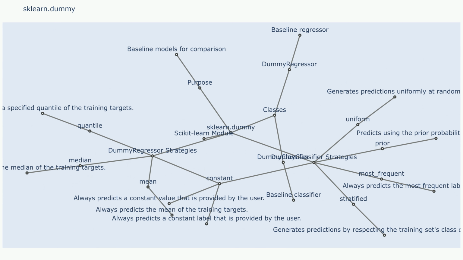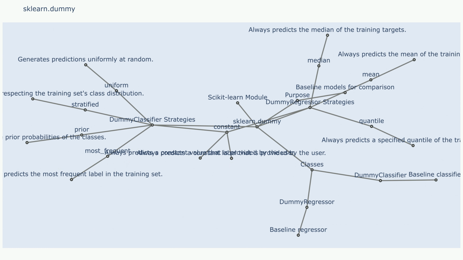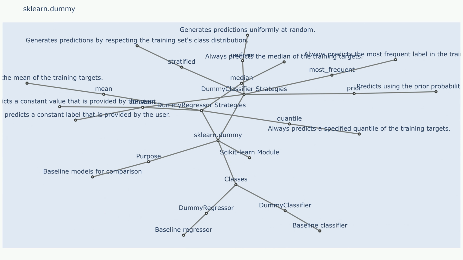# Create a dummy classifier that predicts the most frequent class. dummy_clf = DummyClassifier(strategy='most_frequent'). dummy_clf.fit(X_train, y_train). # Predict on the test set. y_pred = dummy_clf.predict(X_test). # Calculate accuracy. accuracy = accuracy_score(y_test, y_pred). print('Dummy classifier accuracy:', accuracy)